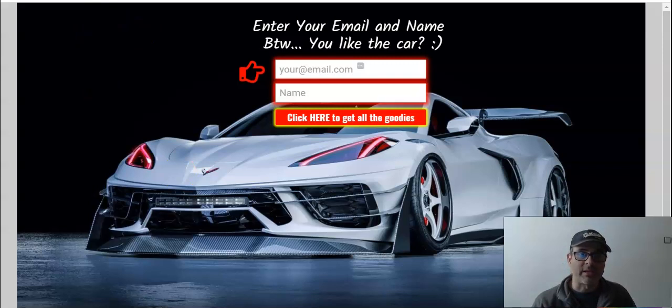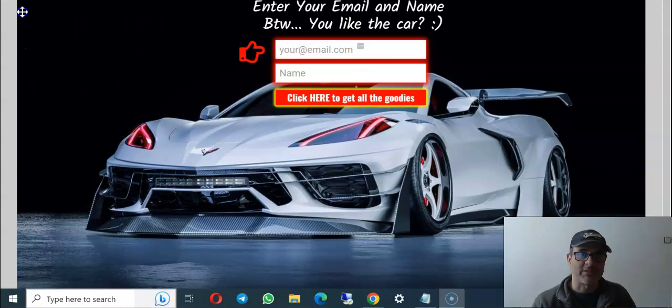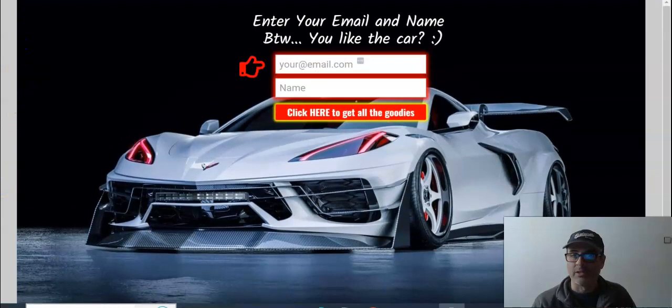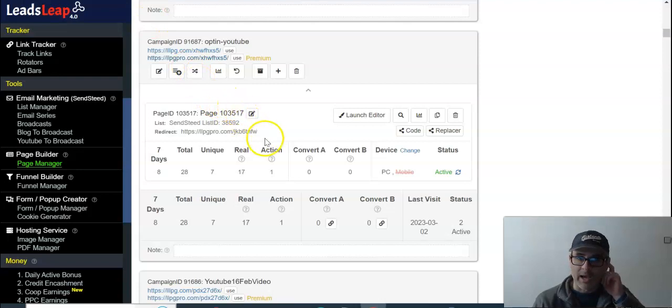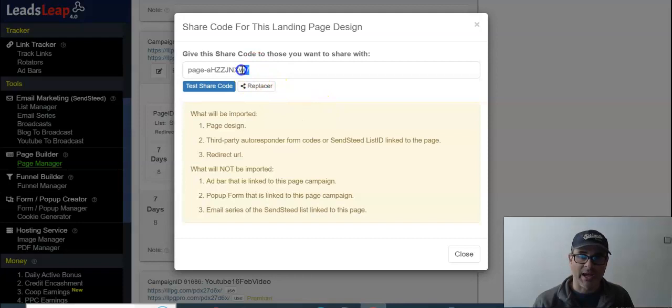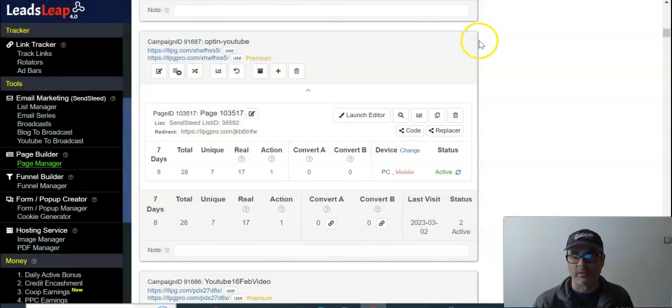I'm going to go to my Leadsleap, and this is a particular page. So the first thing we need to do is duplicate the page that we want to optimize on mobile. To do that, we're gonna click on code, and then we need to highlight this code, and we can do either Ctrl+C, or we can right-click and copy. Once it's copied, the next step is to click on this plus sign,